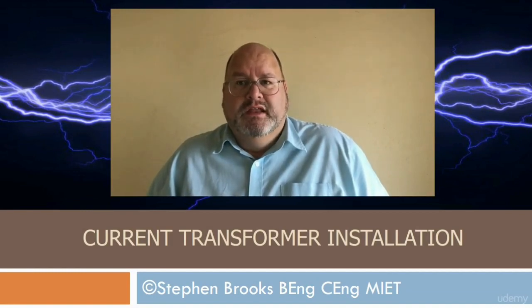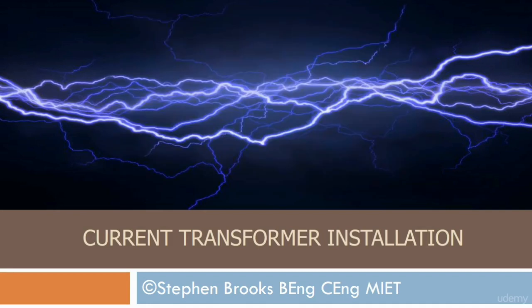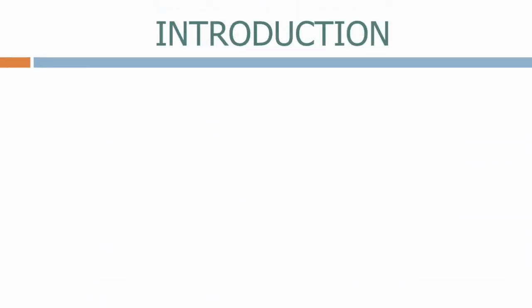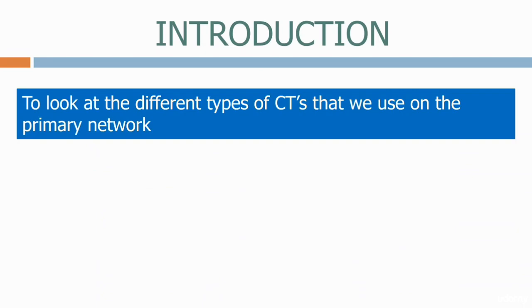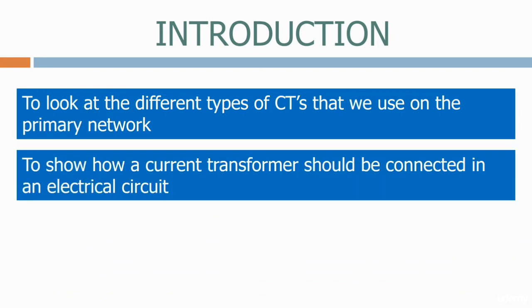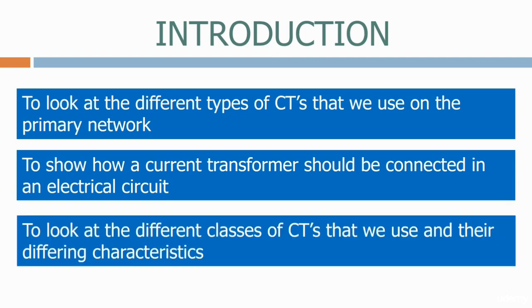In this module, we will leave the theory behind and start looking at the practical side of protection systems by looking at how we use current transformers, connect them together, and feed the protection and control circuits. The aims of the course today are to look at the different types of CTs that we use on the primary network, to show how a current transformer should be connected in an electrical circuit, to look at the different classes of CTs that we use and their differing characteristics,